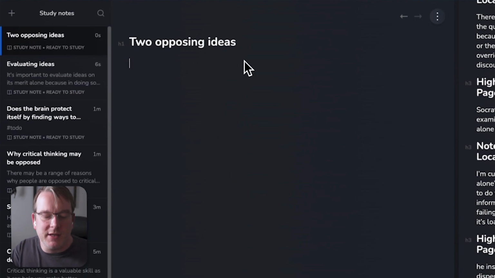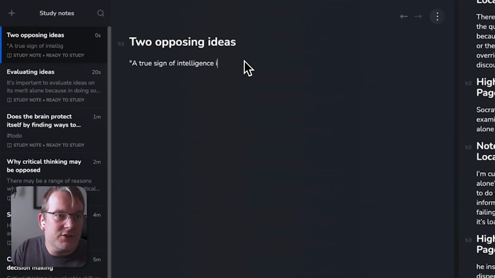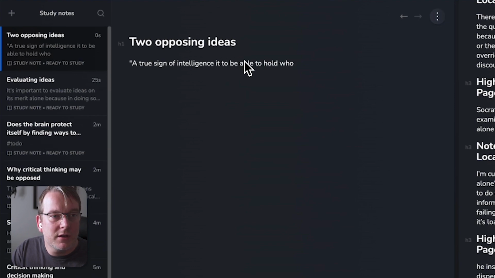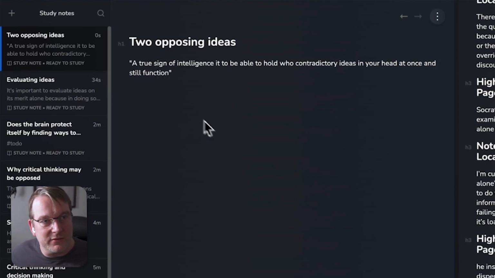So two opposing ideas. I'll put it in quotes here, and it's something to the effect of, a true sign of intelligence is to be able to hold two contradictory ideas in your head at once and still function. Something along those lines. The actual quote is different to that, but the concept here is